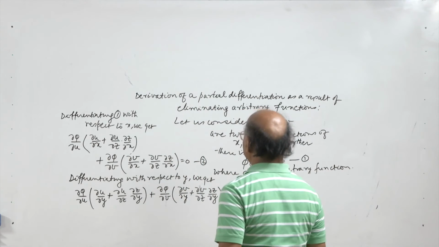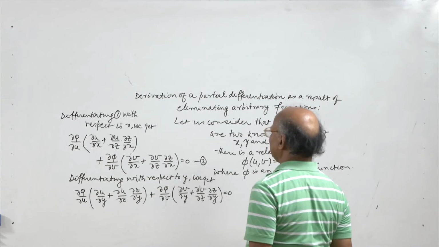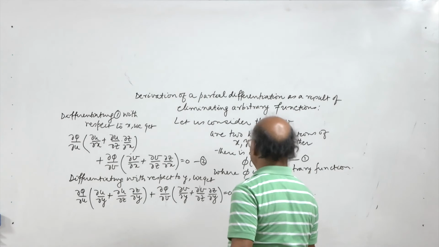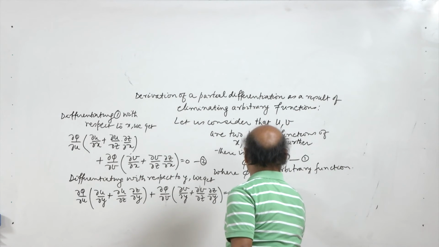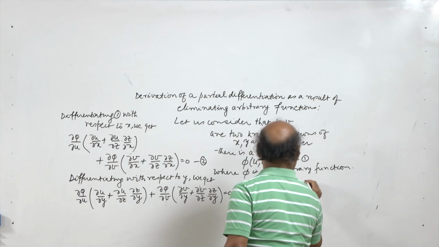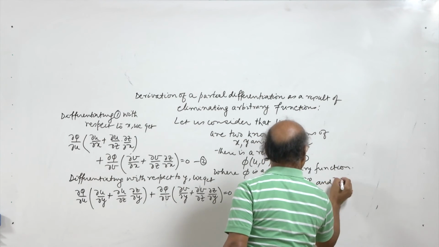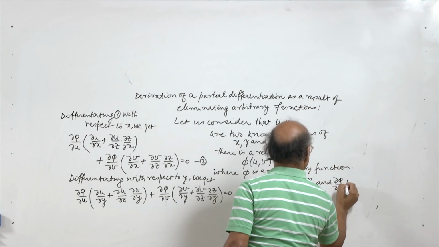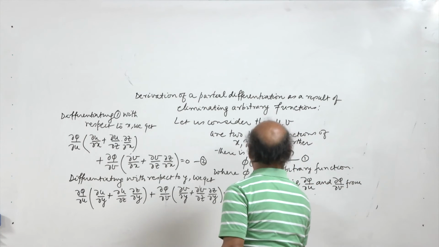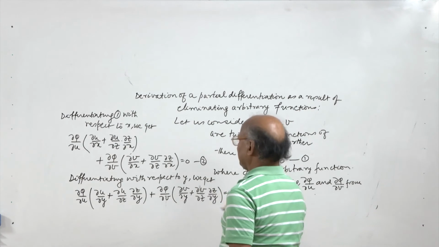Now we eliminate the quantities ∂phi/∂u and ∂phi/∂v from 2 and 3, and we get